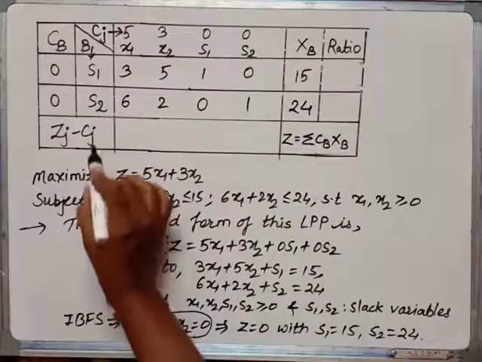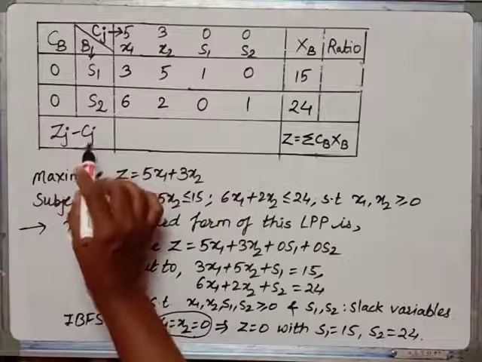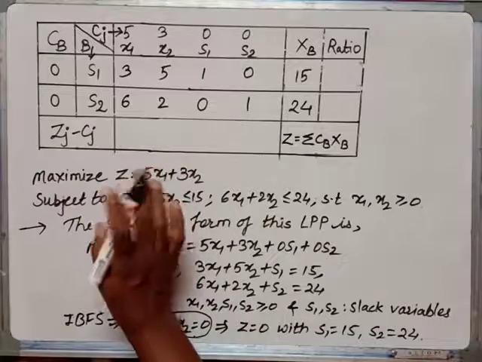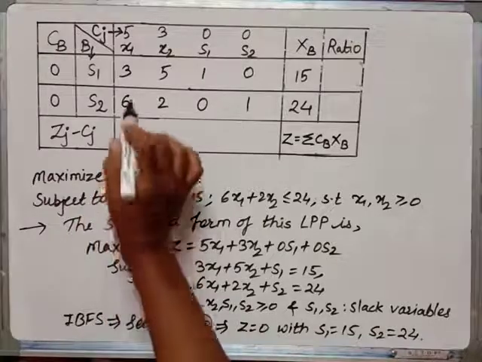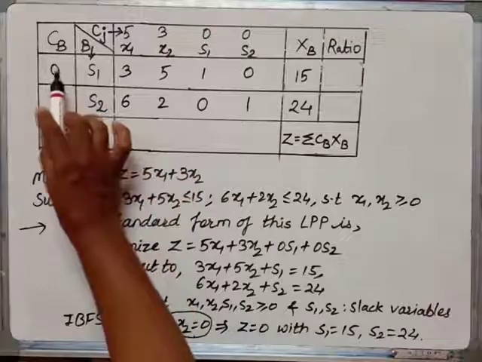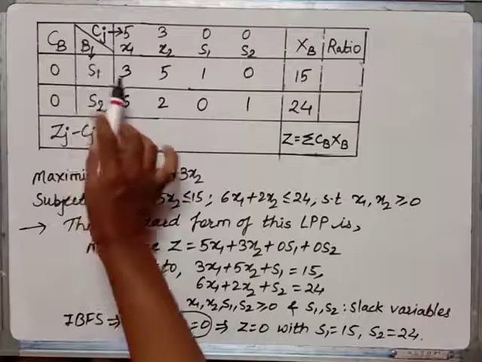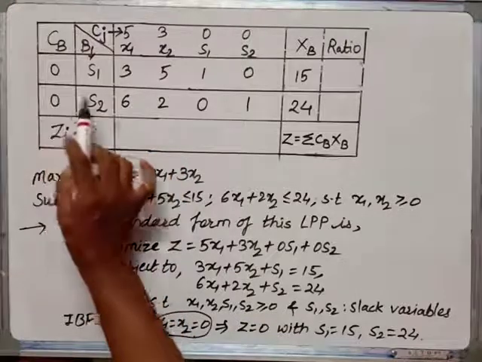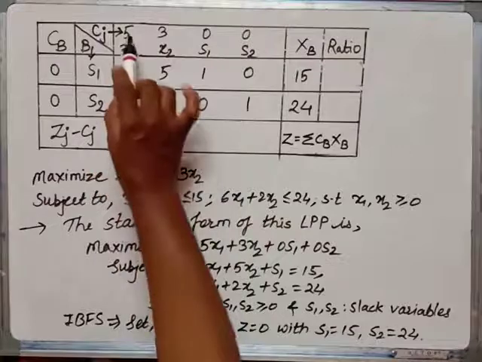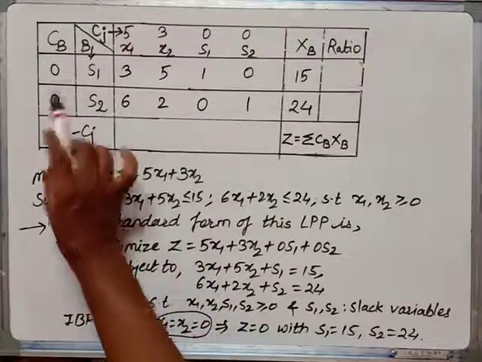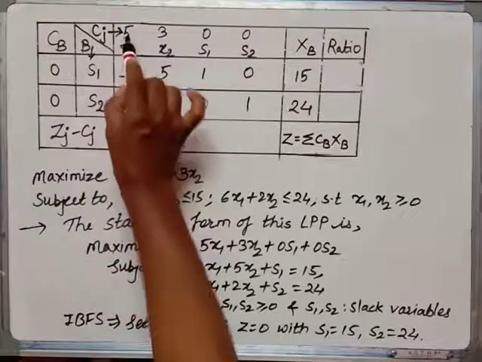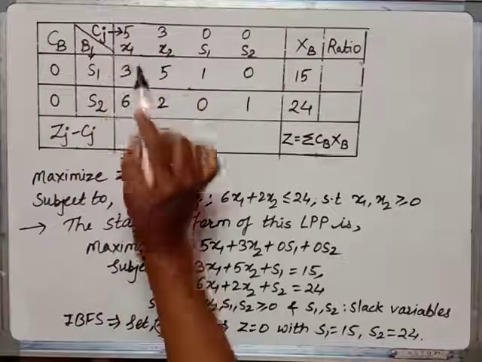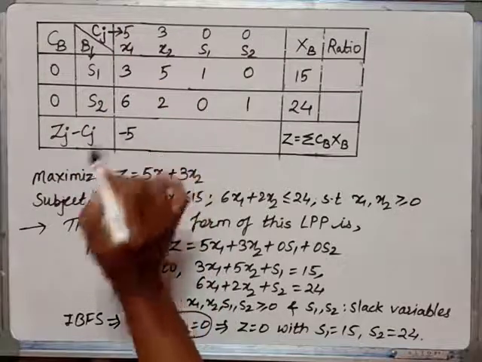Okay. Now what is this zj minus cj? This zj minus cj is nothing but the summation. What is the summation? Or it is a net evaluation. It is a summation where we are taking a multiplication of CB into this quantity. 3 into 0, 0 plus 6 into 0, 0. So that addition will be 0 minus Cj. Zj will be this product, and Cj will be these coefficients. So 0 minus 5. So here I get minus 5.